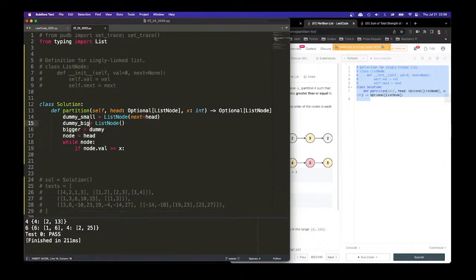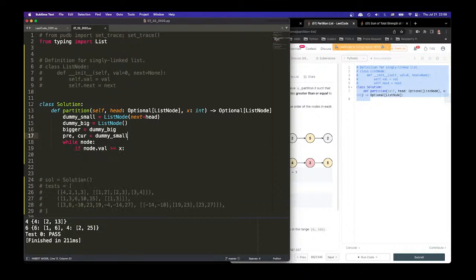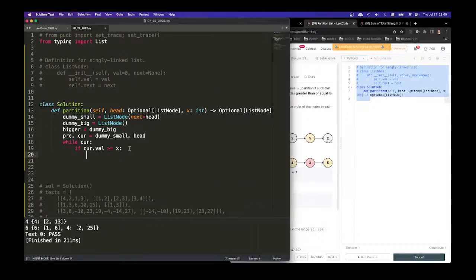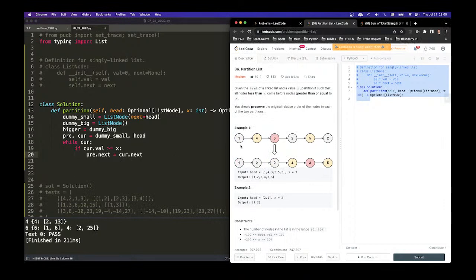And then have bigger be dummy big. Okay, so we need to have pre equals dummy small, and current is going to be head. So while current is larger or equal, then we need to cut it out. How do we cut it out? We can just say pre.next equals current.next, right? So we cut it out, and we put